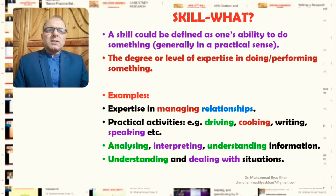So, what is a skill? A skill could be defined as one's ability to do something practically. Or we can also say the degree or level of expertise in doing or performing something. So, to elaborate on this general definition of skill,